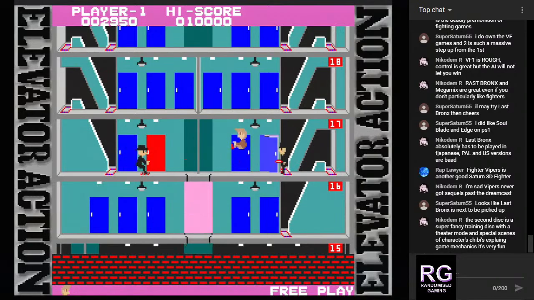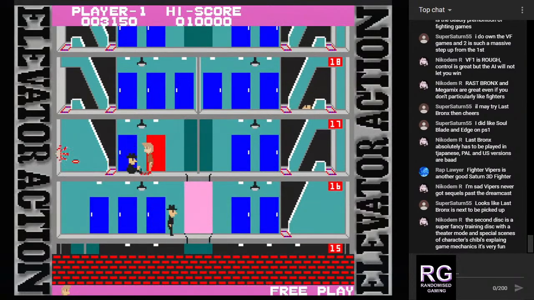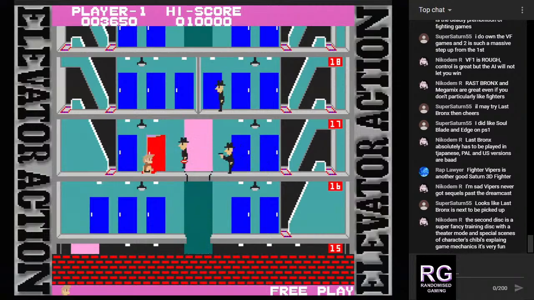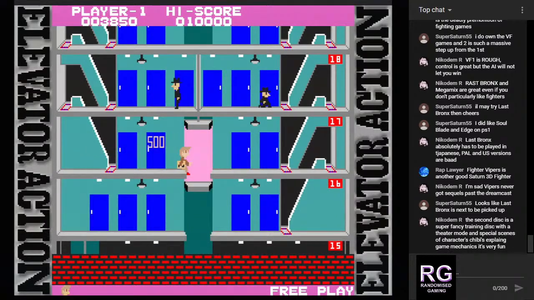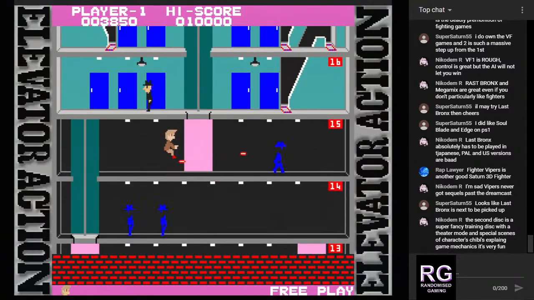Yeah, the second disc is really quite a wacky thing, and it really is wonderful to see. What's weird is the fact they did that for a fighting game, and you get all the backstory and everything. The training mode is a lot more advanced in the Japanese version, because although it's included in the Western version, a lot of it was stripped out,